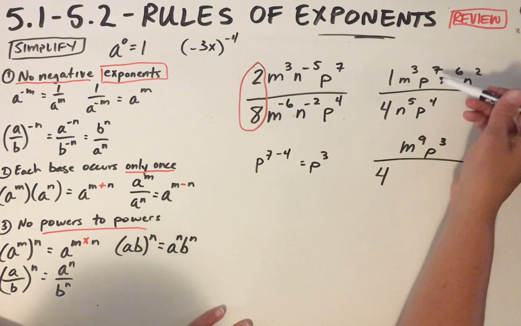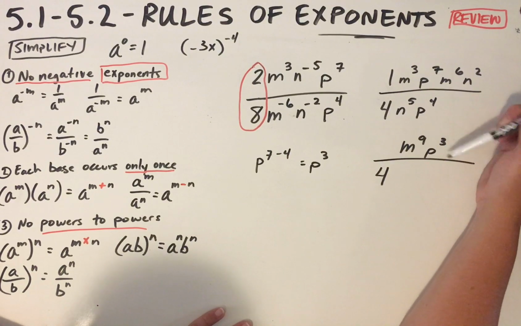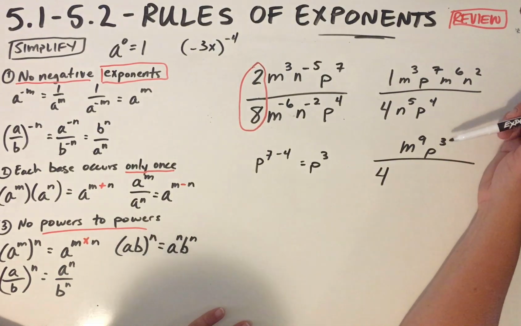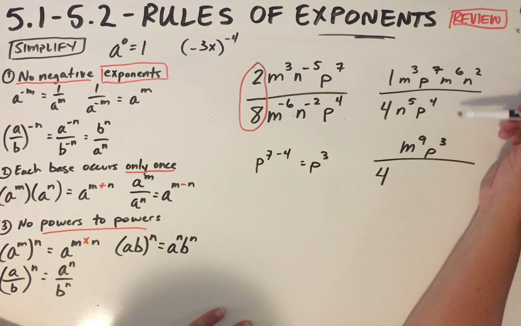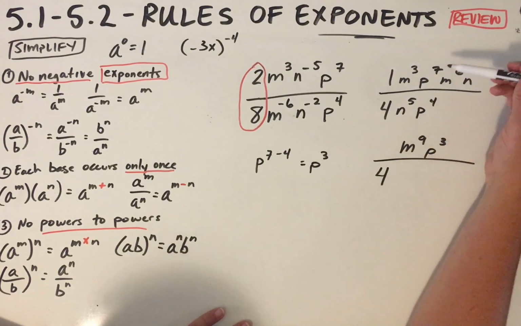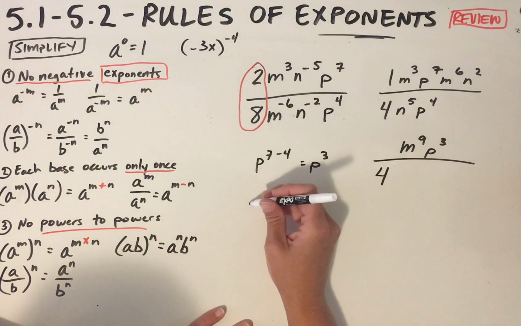Or I could say, hey, there are 3 more p's upstairs than there are downstairs. So there are 3 more of them here. Okay, now I see the p's only once. There aren't p's upstairs and downstairs, so we're good there. So I've checked off the m's and the p's. Now let's go to the n's. Well, I've got 2 n's upstairs